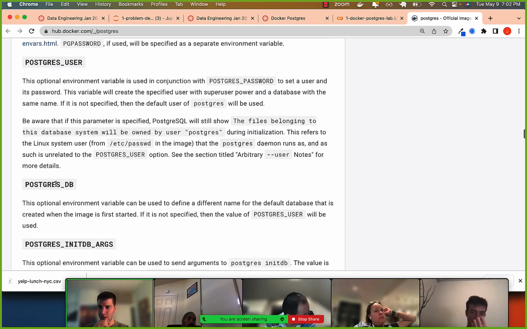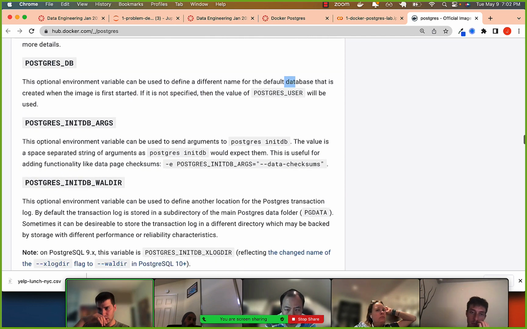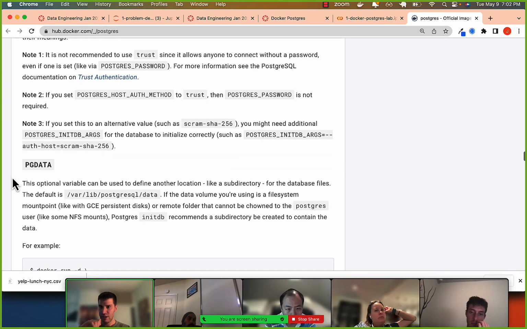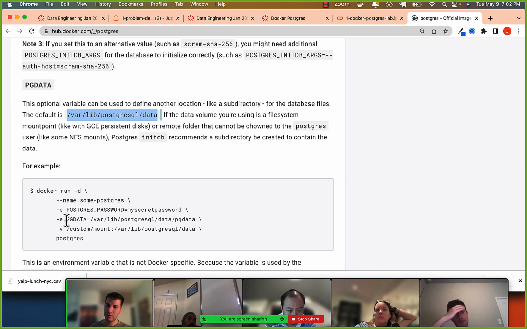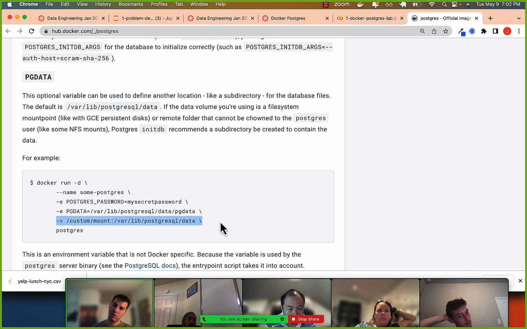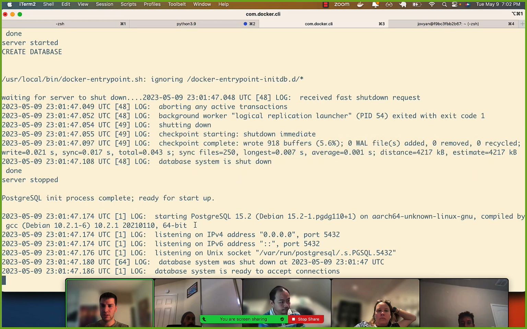Right, so it talks about these different environment variables. POSTGRES_DB to define the name of the default database if we want. PGDATA, the optional variable, can be used to define another location for database files. So the default is /var/lib/postgresql/data. And they even provide an example of bind mounting right here, right? This is -v, this is to a folder, right? Because you can see that because it has the / to /var/lib/postgresql/data. So what we want to do is,